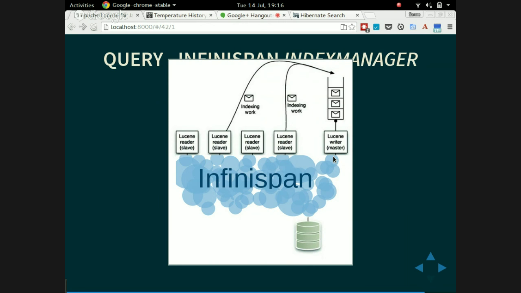More questions on scaling, John? Is there any thought of being able to query the shards of the index in situ, so send the query to the index rather than bring the index to the query? Yes. There is a feature which exists already, but it's marked experimental, which is called a clustered query, which does the opposite. So every node has only the index for the entries which it is owning, and the query goes to all the nodes and then merges the results back on the